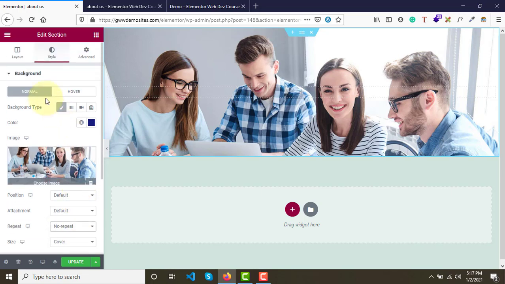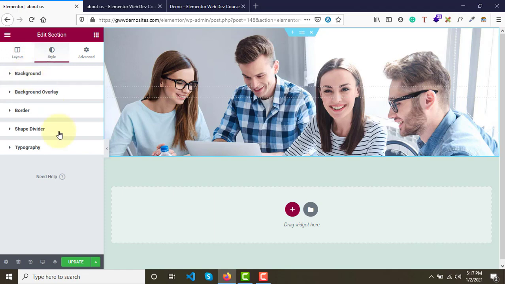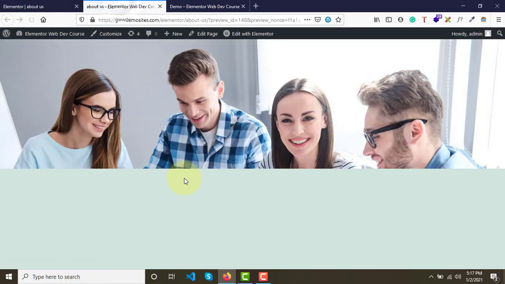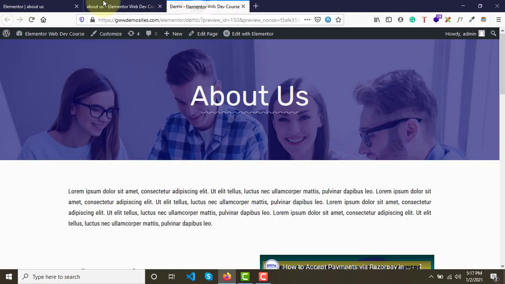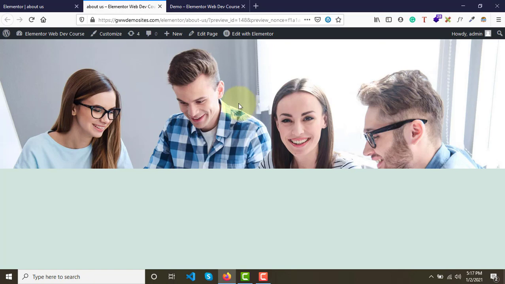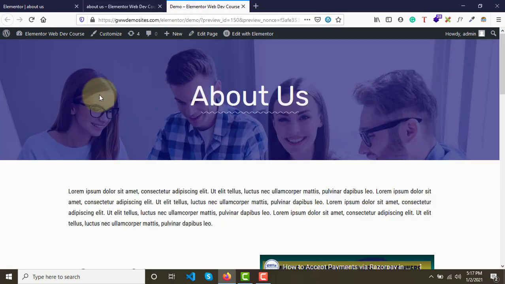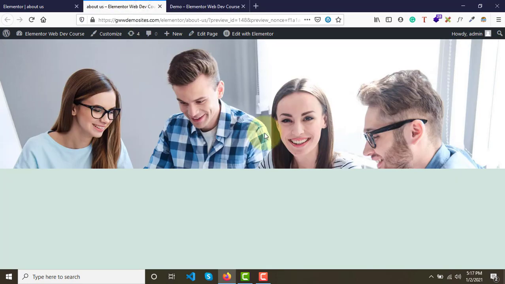Now just close this one and click on update, and let's see. Well, pretty similar, right? What's the difference now? There is a blue overlay on this image. Here even if we have a text element on top of this section, it won't be visible, it will be contrasting. So what we can do is we need to add a